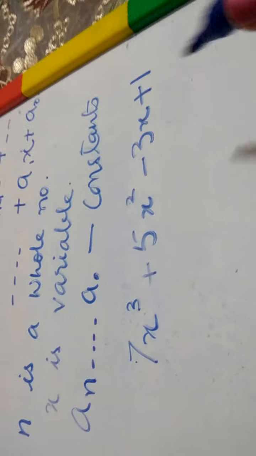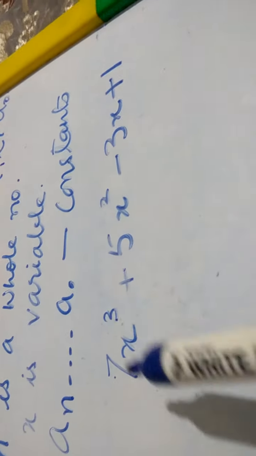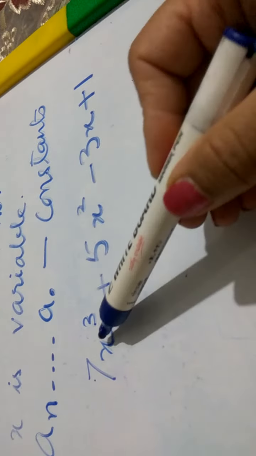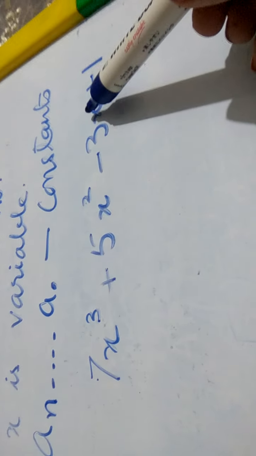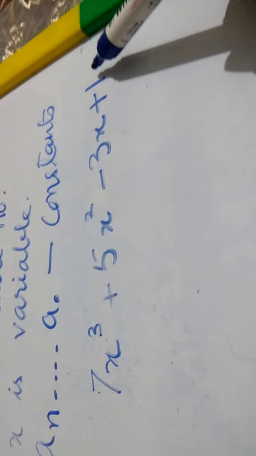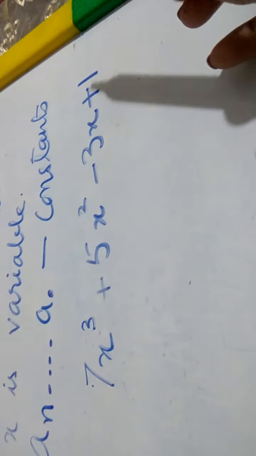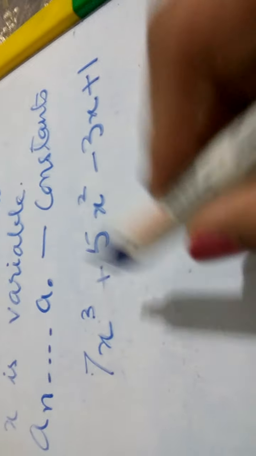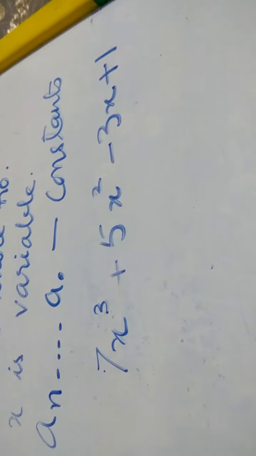Let us check. First, these are the constants. Yes, there is a variable x. x has different powers in different terms. Here x is to the power 3, x cube. Then here is x square, here the power of x is 1 and here we can consider x to be raised to the power 0. So in all the cases the power is a whole number. There are no other numbers. So yes, we can say that this is a polynomial as it satisfies the definition of polynomial.